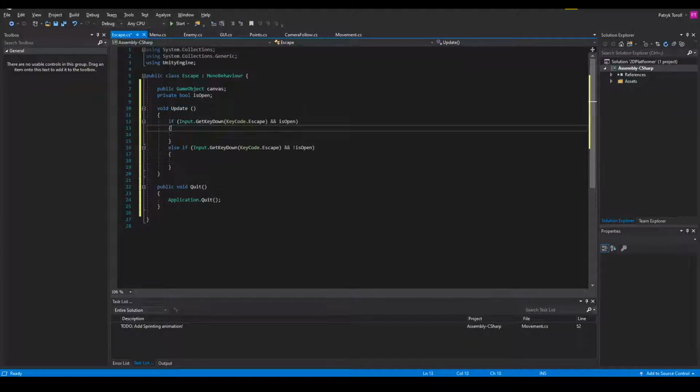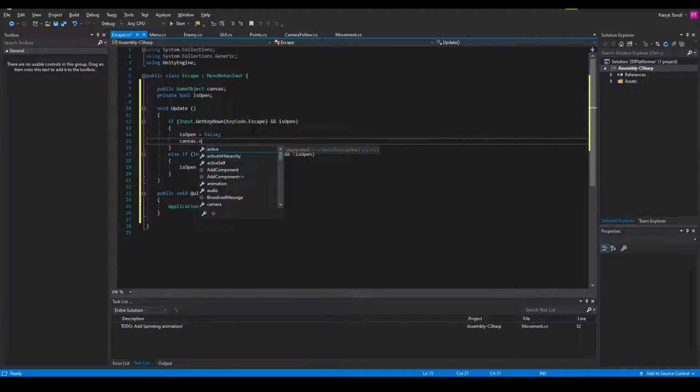right? So if it's open, then this will close, right? Because this is open. And then if it's not open, then we want it to open over here, right? Makes sense. So is open will be then false, and the opposite is open equals true, right? Good. And then also this canvas dot enabled, sorry, not enable, it was disable, oh,